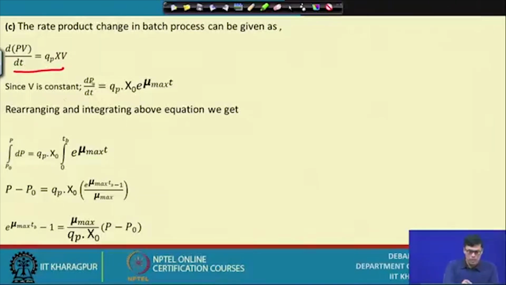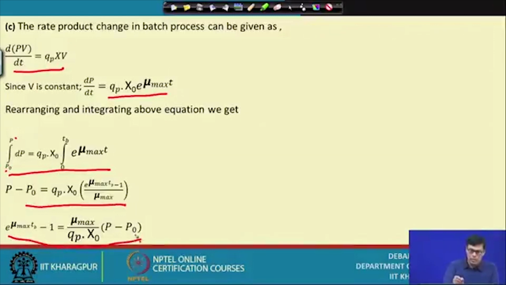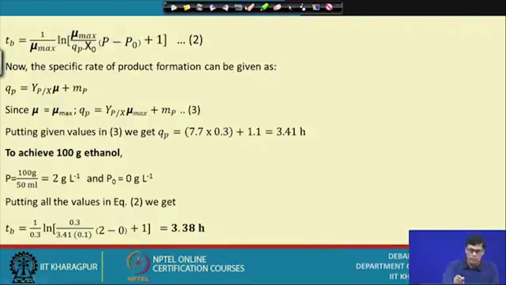V is constant, so dP by dt we can write, x again we can write in this form, into V. The V will cancel, am I right? And then rearranging this equation, dP will be integrated from P0 to P, and this will be the final equation. Then Tb equal to this form. Then the specific rate of product formation can be Kp equal to this form, then Y p by